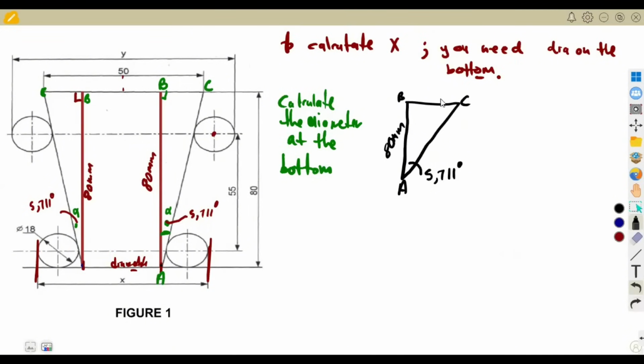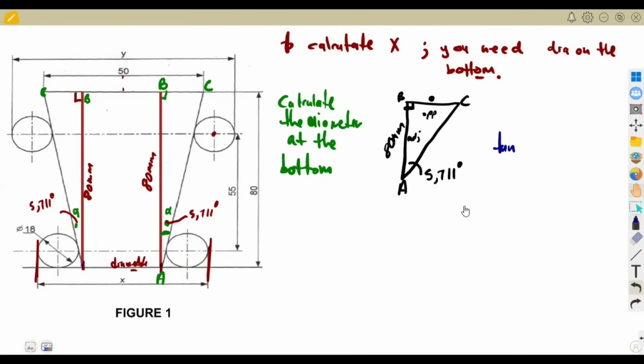We want to calculate BC, because BC is part of, you see, guys, something that you want to calculate. As long as you know those steps, you are done with this. So how do we calculate BC? Where do we need BC? We need it here for the diameter. According to this angle, this is opposite, and this is the adjacent. So the tan